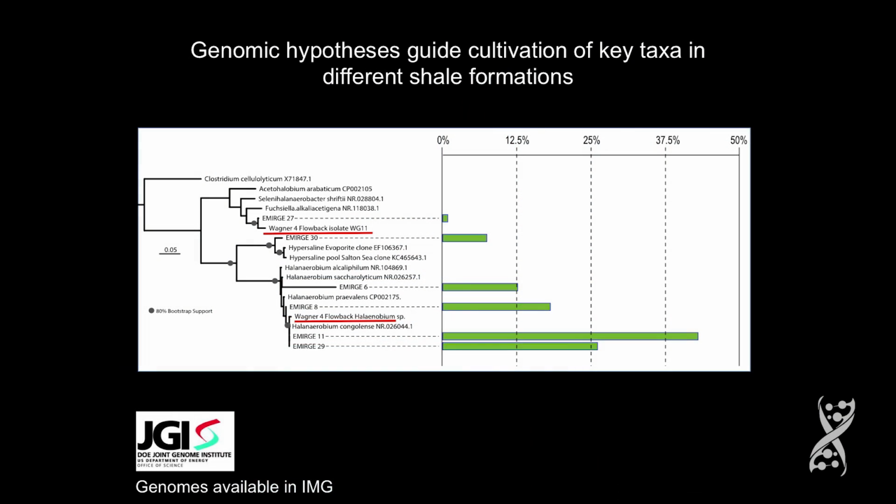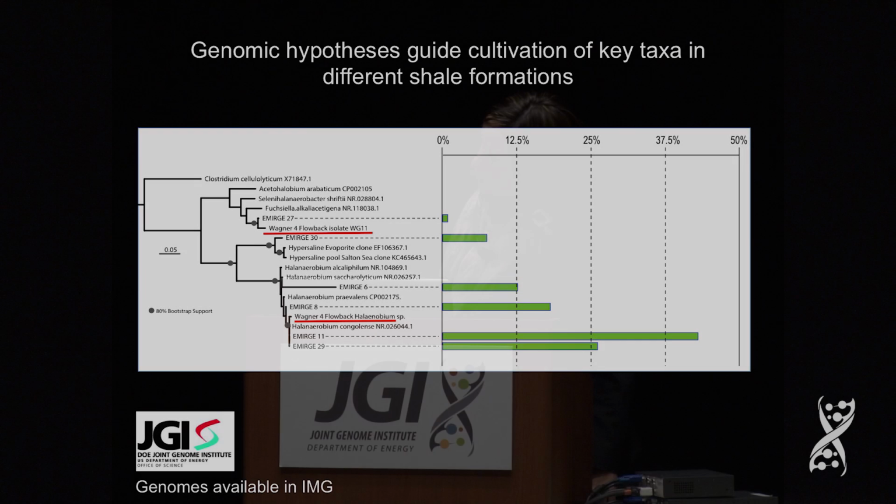And so what you're looking at here, sorry, I promised I'd be an equal opportunist. What you're looking at here is 16S relative abundance data. And what you can see, this is actually what we recovered from our metagenomes. And what you're looking at with the red underline is the isolates we pulled out. And so we were actually pulling out isolates that were 99% similar to the 16S sequences from a totally different